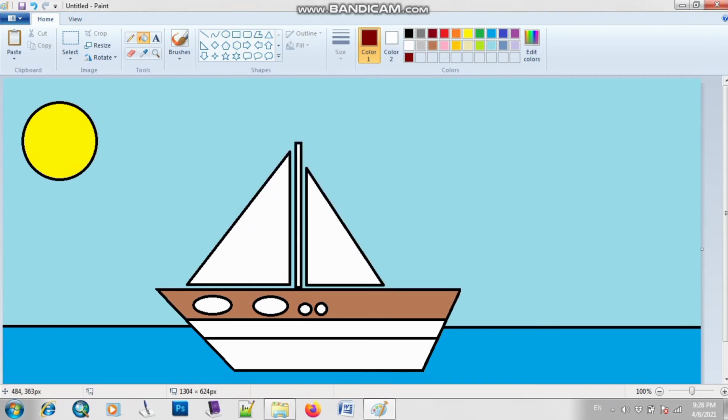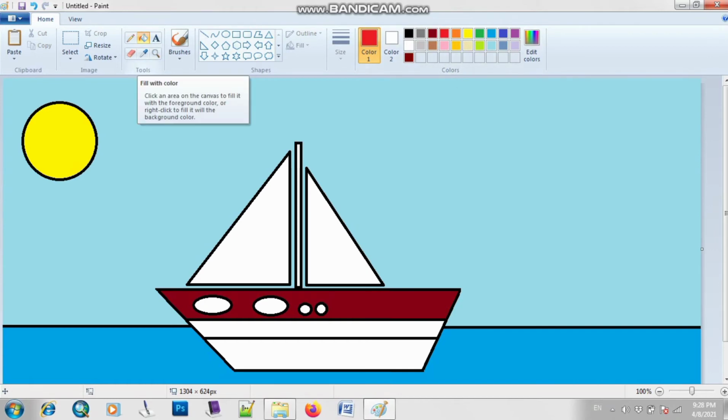I will say okay. So now as you can see, this dark brown color is added here. So just simply you can fill this color. If you want to choose some other color, then you can take the other color, right? So for now I will choose this dark maroon. Okay, so now I will choose this red color. Same, just follow the same procedure.